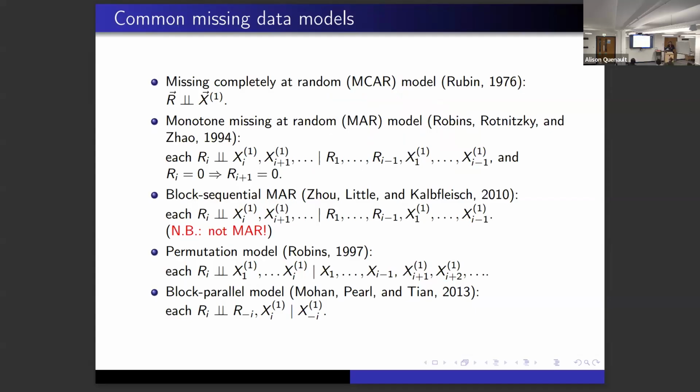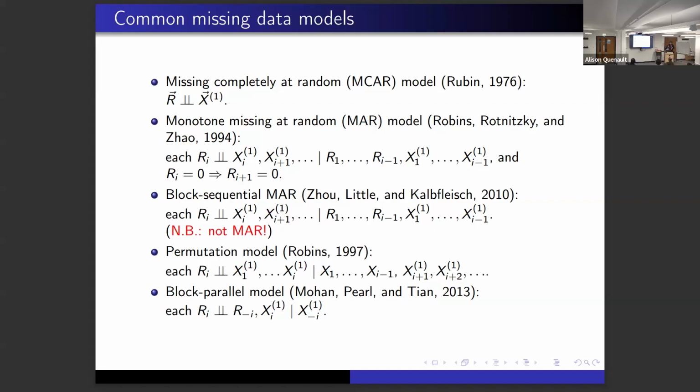Missing completely at random goes back to Rubin's original paper. Essentially, the coin flip that the horrible little gremlin flips to put question marks in your data is just a coin that depends on nothing, like in a randomized controlled trial. So ours in particular are independent of missing data marginally. We also have monotone missing at random models that were definitely considered in this paper, but may have been considered earlier as well. I don't know what the original reference is.